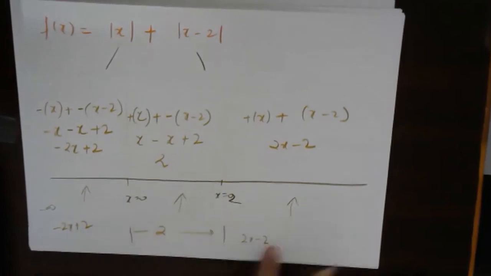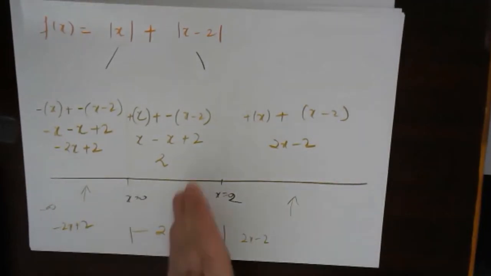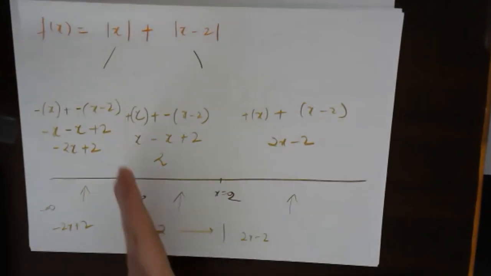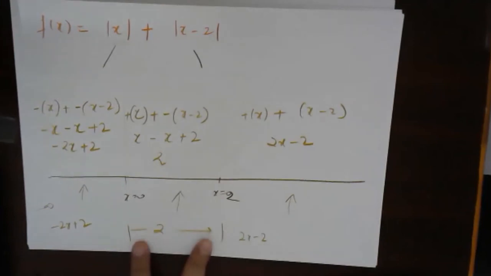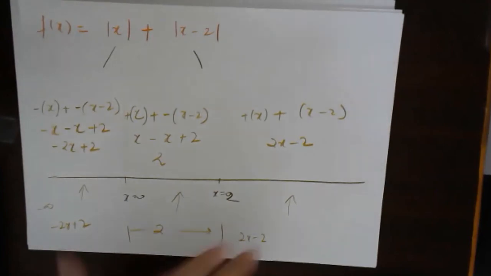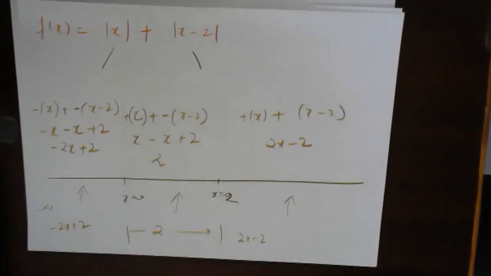Now draw these 3 parts on the xy axis. For x less than 0, it is minus 2x plus 2. For x between 0 and 2, it is constant, y is equal to 2. And for x greater than 2, it will be 2x minus 2. Try to draw this, then I will draw. Also, I want you to draw. But yeah, we have got this one, so just check this one.